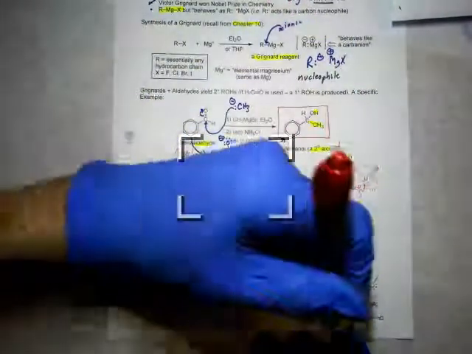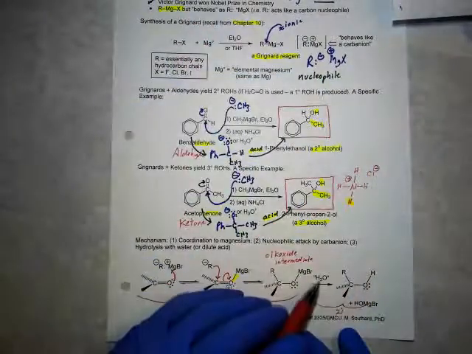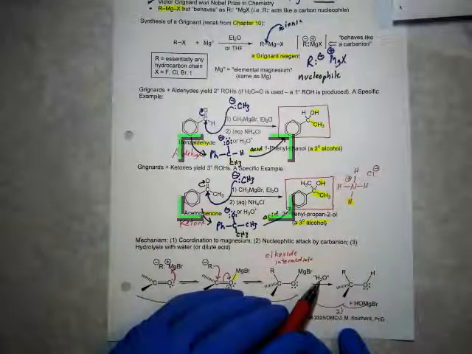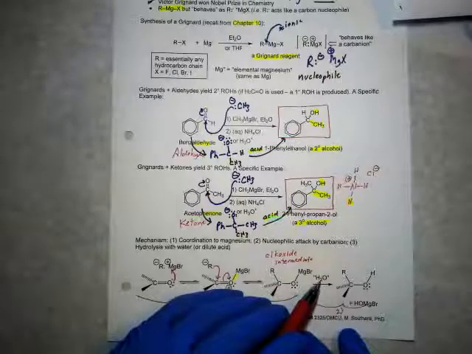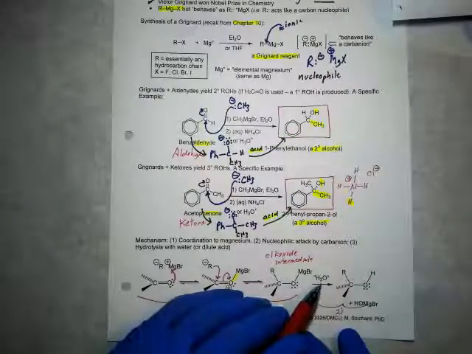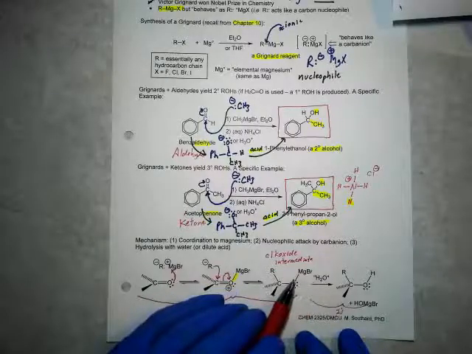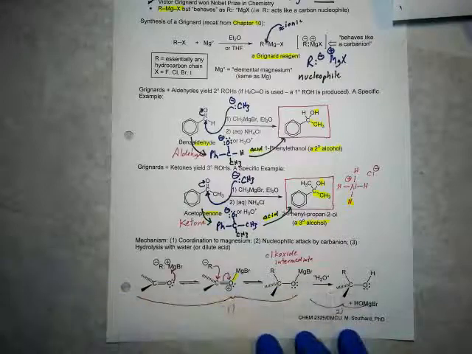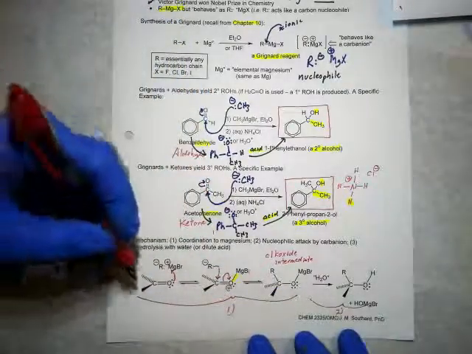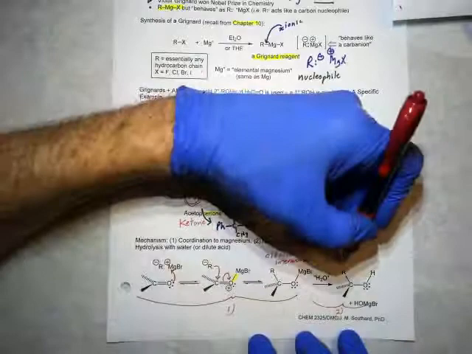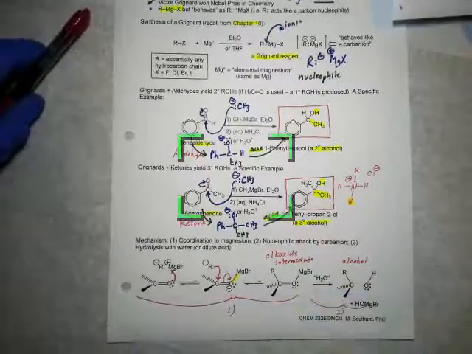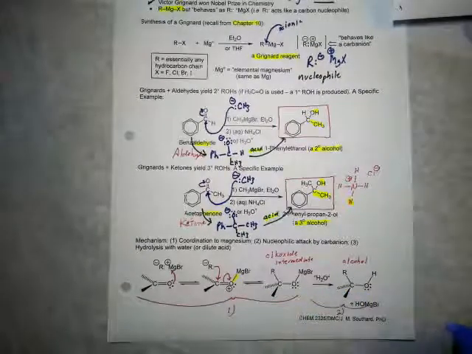Now to make things look a little bit simpler, rather than showing you acid, I just showed water, because water again is a Bronsted-Lowry acid. And that water can serve as a source of protons by forming a bond between the oxygen and the hydrogen. So the net result is we go from a carbonyl to an alcohol. So it's not essential that you memorize this, but I did want you to at least have an appreciation